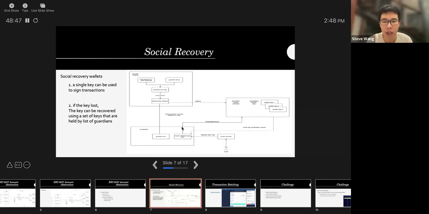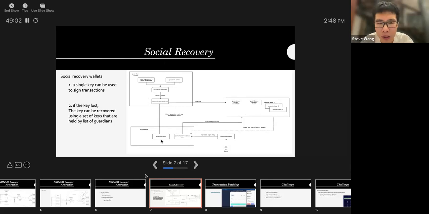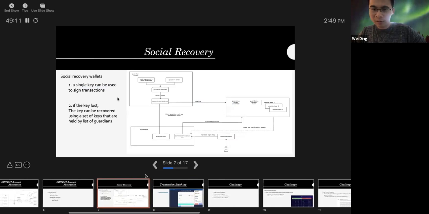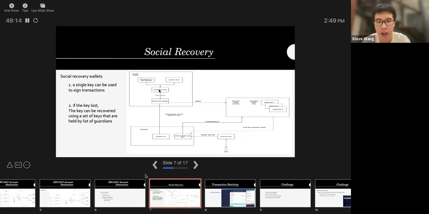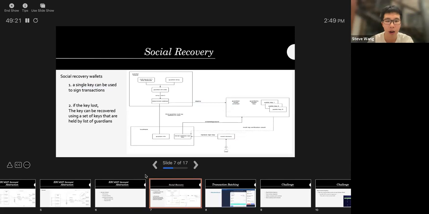Is that because only the hash of the Guardian address is stored? Yeah, you could think of it as a hash of the Guardian, but it has verification logic on this hashed address. I see. And are all of these modules smart contracts on chain, or what's their format? What do you mean by the format? Yeah, the module is a smart contract on chain. I see.